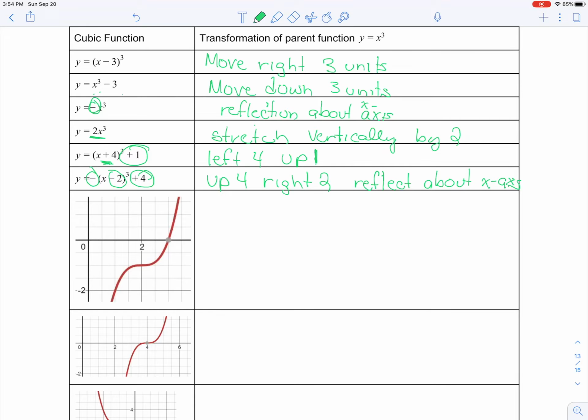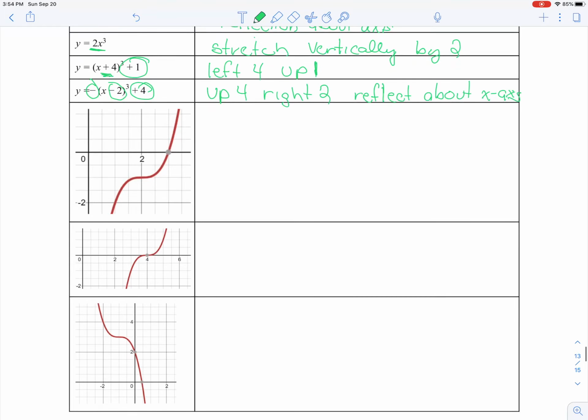So in the next 3 examples, I've given you the graph and I'm asking you what the transformation is. What I want you to remember is what a cubic function looks like. It's got what we call this little inflection point at 0, 0. So to determine how it moved, we need to look for that little inflection point. Here we see that the inflection point is here. So this graph moved 2 units right,